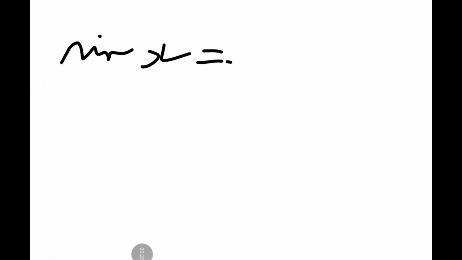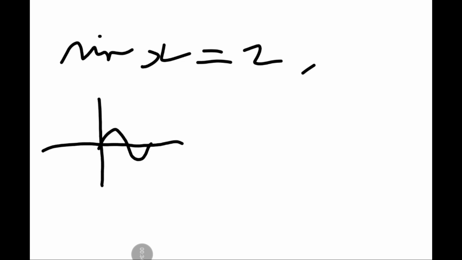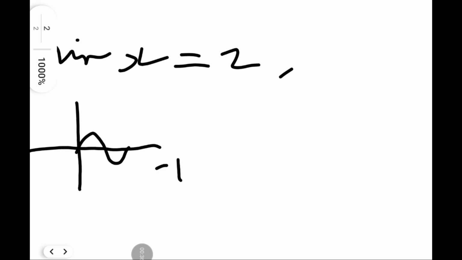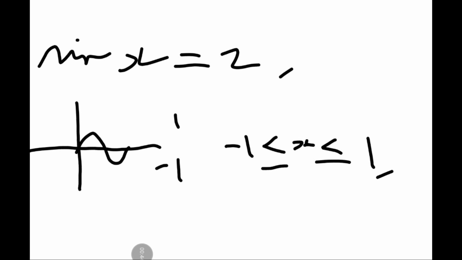If we zoom right in, we're going to go sine of x is equal to 2. Now, what we know about sine, obviously, is if we look at a graph, we know sine's like that. And we know sine is only between -1 and 1. It's -1 is less than or equal to sine x, which is less than or equal to 1. So we can see immediately this is not going to be a real solution,